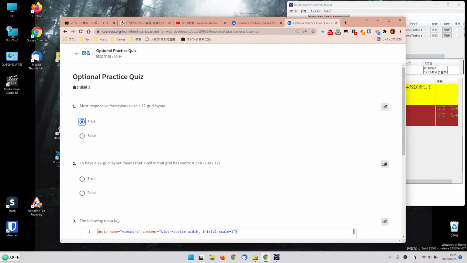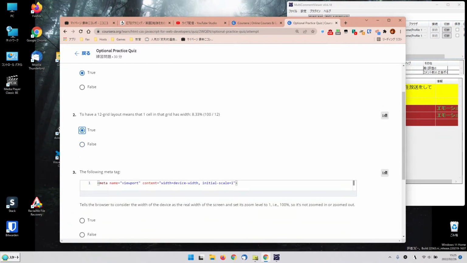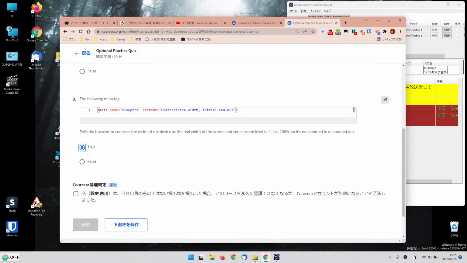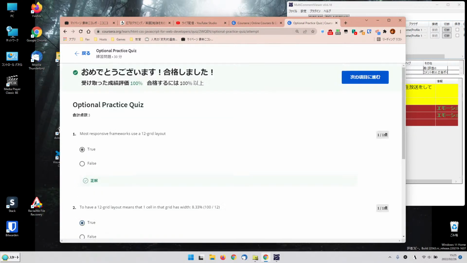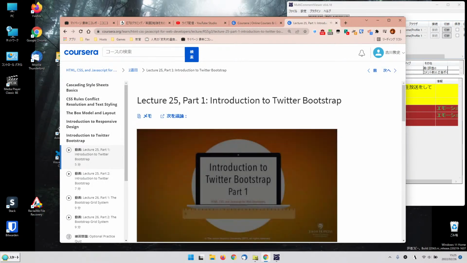The GM grid means that one cell in that grid was tails plus the constant width that device as L width and set zoomed to it. Zoomed or zoomed out. Yes. In